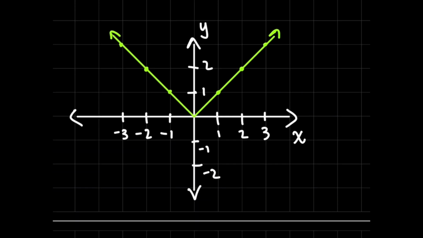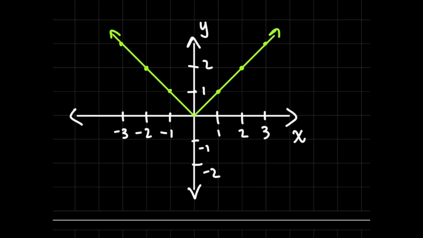Let's look at the graph of that function. Do you remember that it looks like this V, and you have this cusp here at the origin? Now, check this out. There's actually two things going on with this graph, depending on if you look to the left of the origin or to the right. It's almost like we have two separate lines that are mirrored, and they're just being stitched together